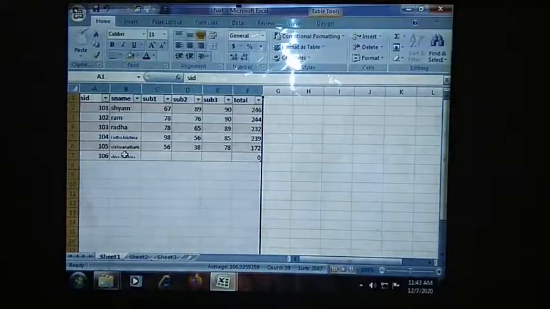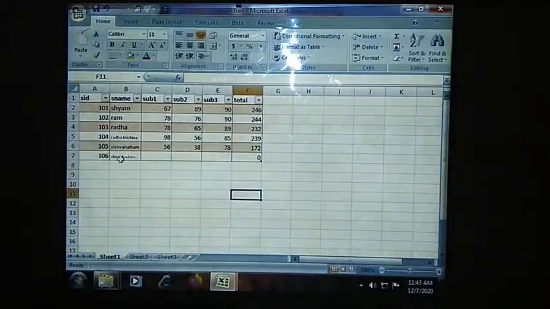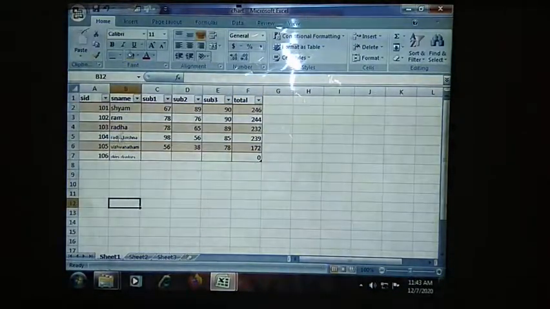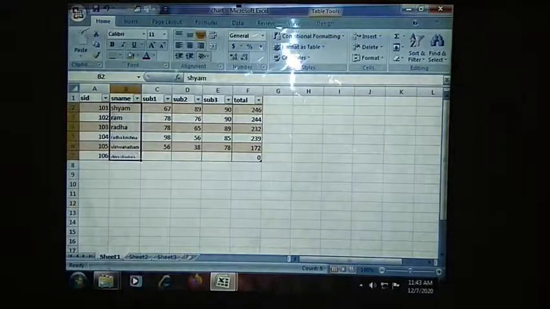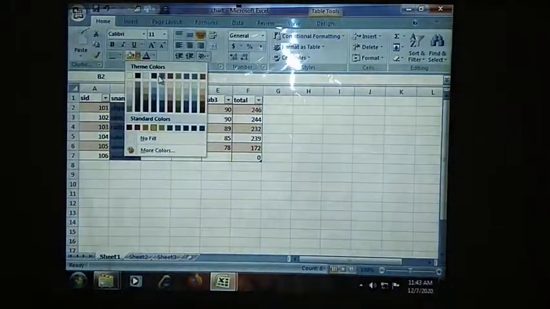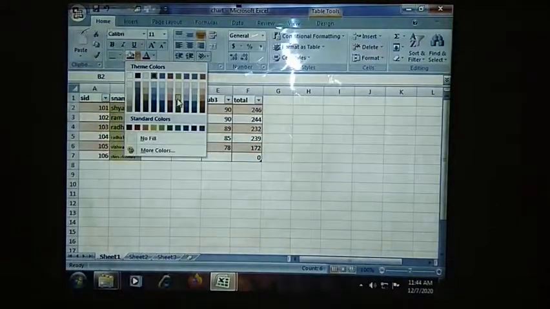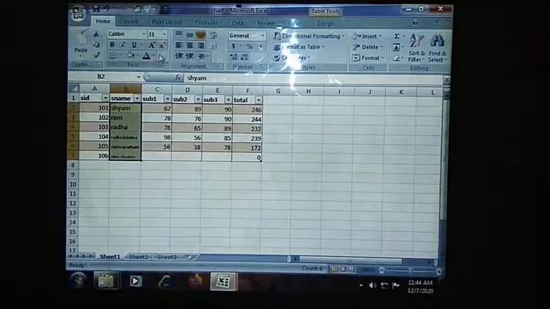Like this you can adjust the cell width as well as the text size. And already I told you how you will fill the color. You can fill the color to your table completely, or else you can select a few cells. Consider if I am selecting these names, you can select any part of your table. You can fill the color by using the Home tab, where you will have the font group and the fill color. You can select any color, but I am showing you an example.